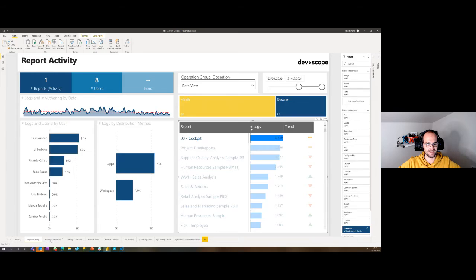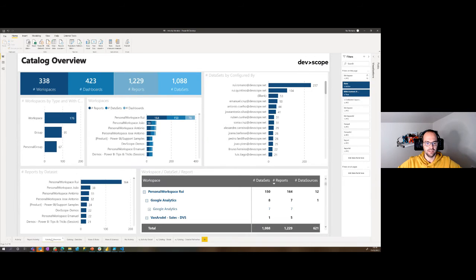Now let's look at the catalog. The catalog is a more simplistic view. I actually opted, and I will speak about the model in a minute, to completely separate the catalog from the activity. The activity is a single table with all information, and then I have the catalog as separate tables,